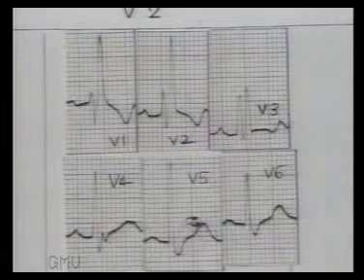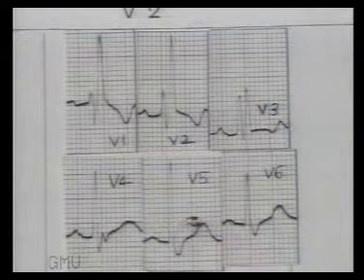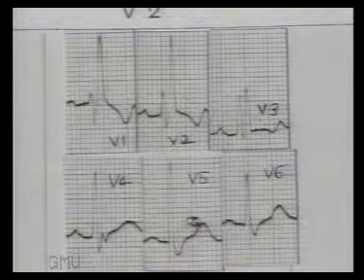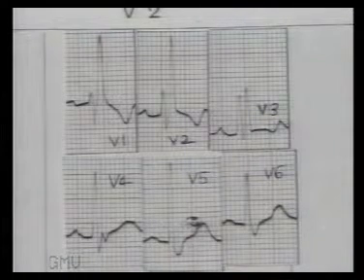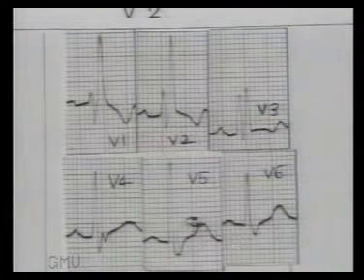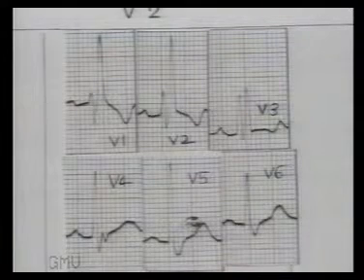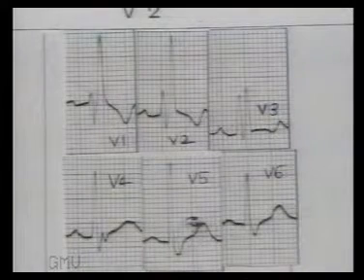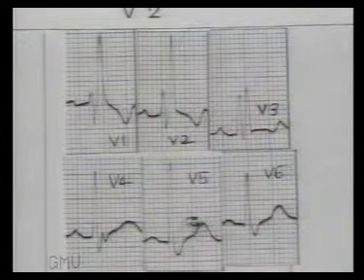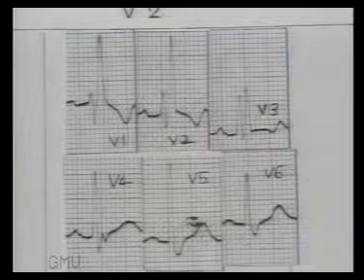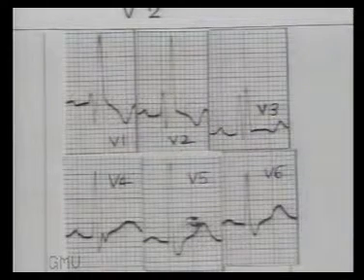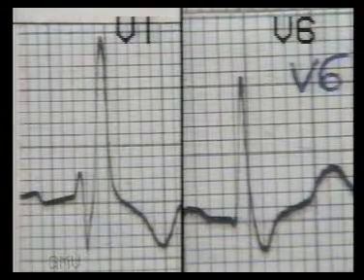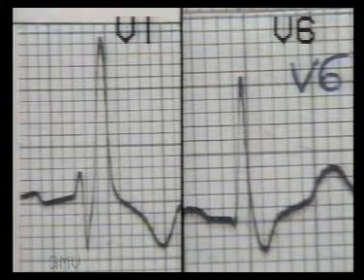In this ECG, measure the width of the QRS complex in lead V1. It is 3 small squares. Now note the RSR' pattern in V1 and V2. Note that the T wave is opposite to the direction of the wide terminal QRS deflection. In V5 and V6, a wide S wave is seen. So the diagnosis is right bundle branch block. Note again the rabbit ears in V1 and wide S wave in V6.